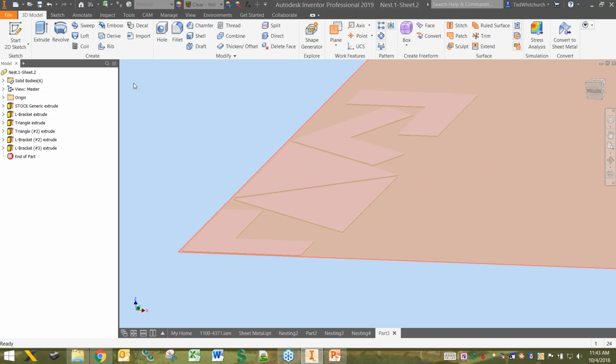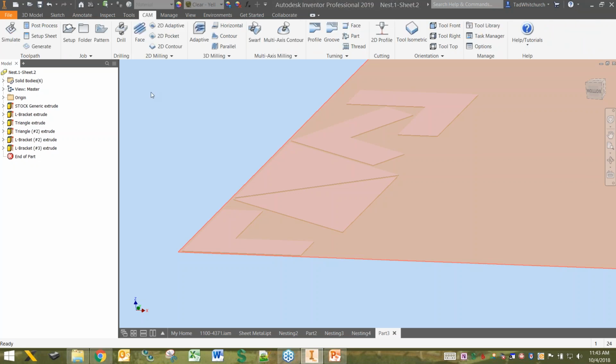The HSM environment is a ribbon that is added to your Inventor, hence it's an add-in. And to just reemphasize, it is a separate download and a separate install, but it is free if you are on subscription. So we'll go into the CAM environment,